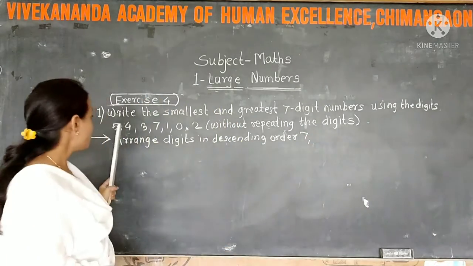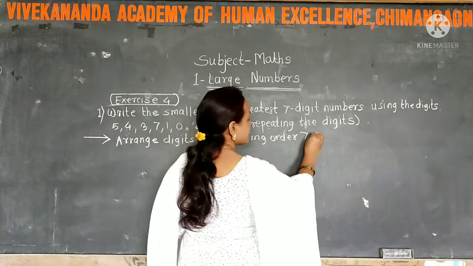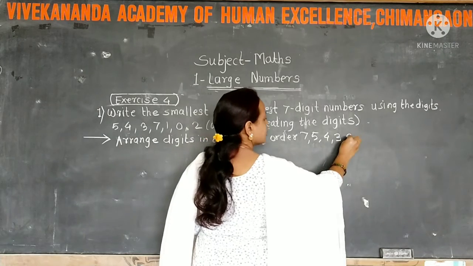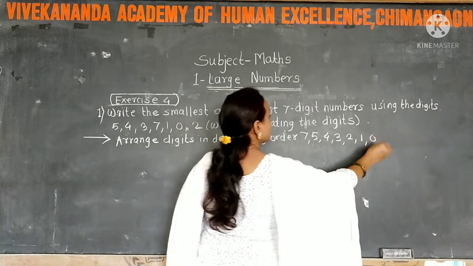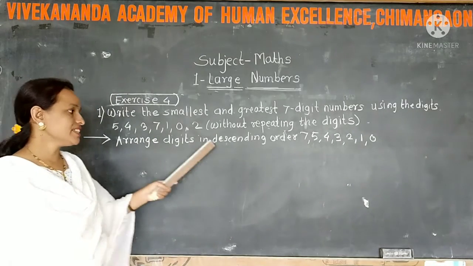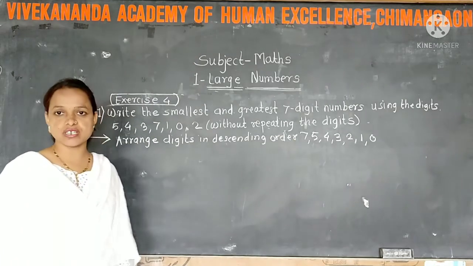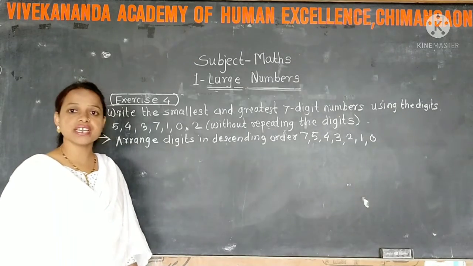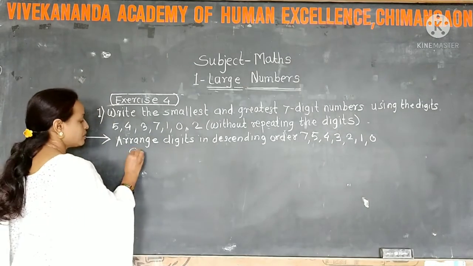Less than 7, 5. Less than 5, 4. Less than 4, 3. Then 2, 1, 0. Here we arrange the given digits in descending order, means greatest to smallest. Now here we don't want to repeat any digits, so we get the greatest 7-digit number